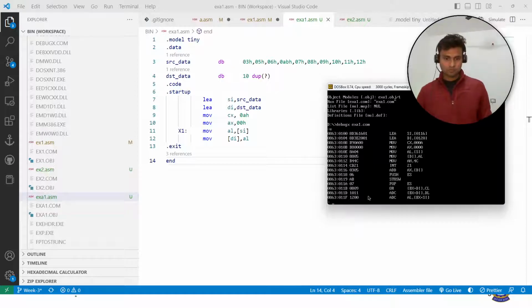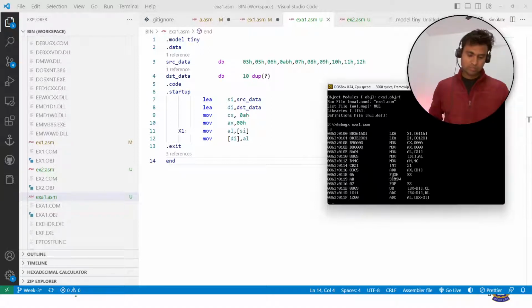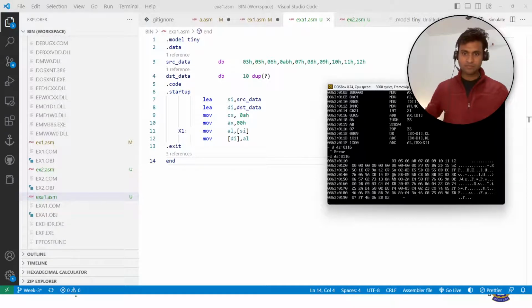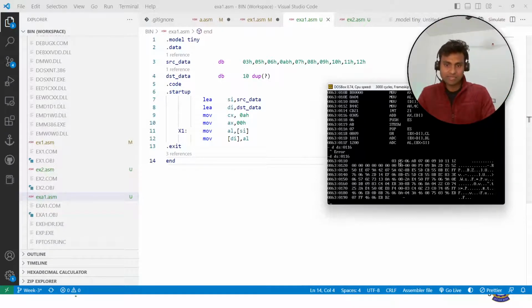So let's examine those memory registers, and let's try to execute up till this point. So DS:0116. Oops, DS:0116. All right. So I can see that it is exactly matching up 03 05 06 AB up till 12. All right. And after that, there are 10 locations which are completely empty for me to put in the copy